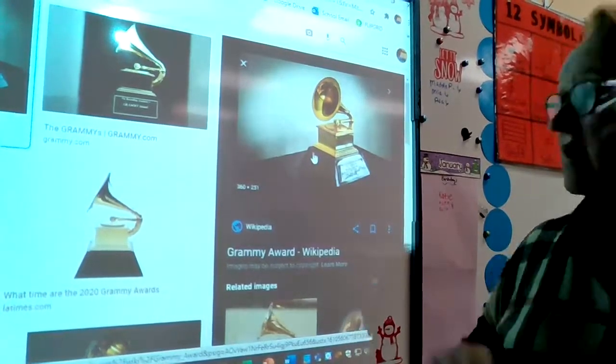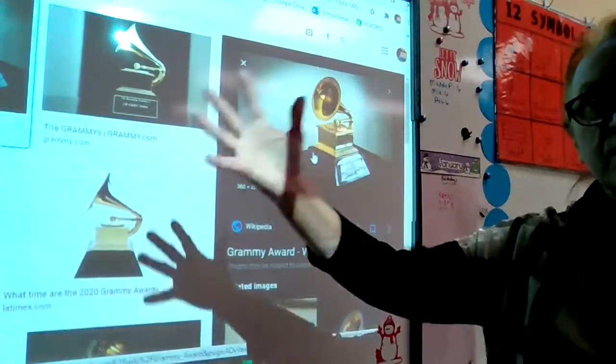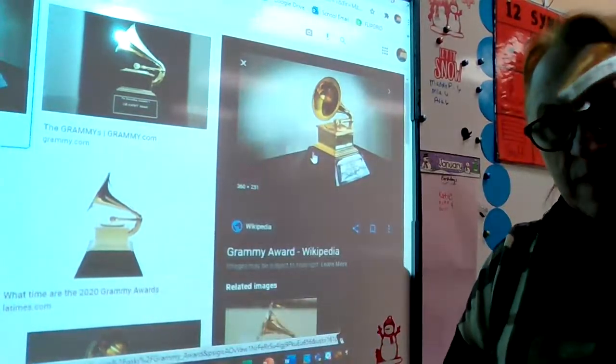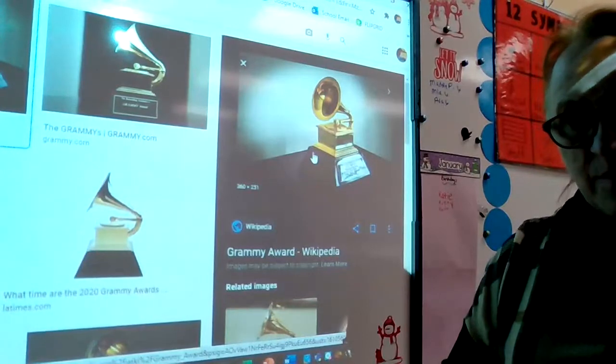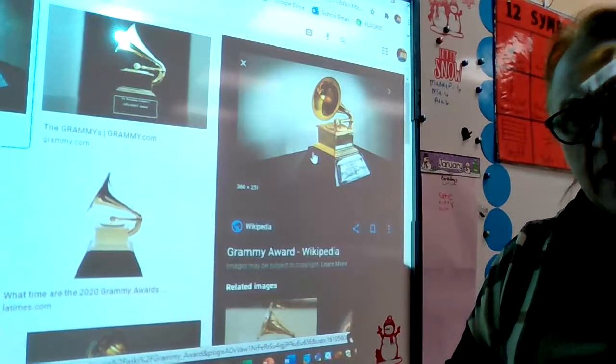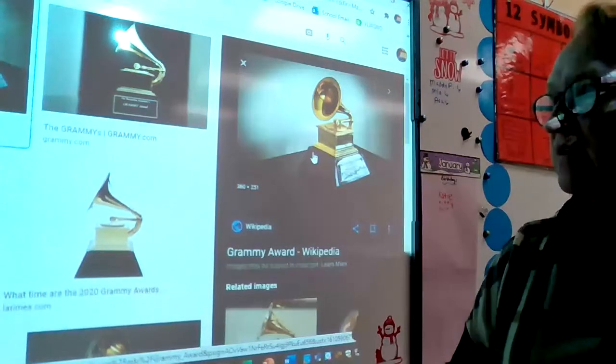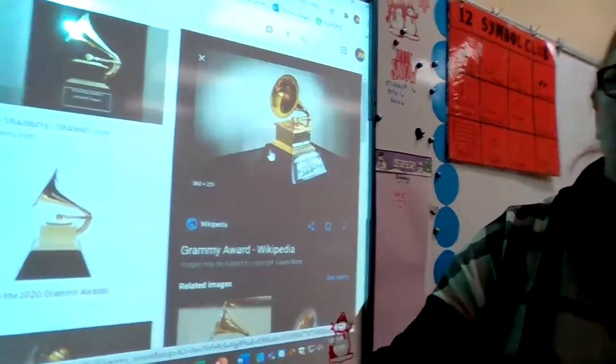And so if the sound is coming out of this great big bell, then it fills the room. If you didn't have that great big bell on top of it, then you wouldn't be able to hear it very well. So the purpose of that great big bell is to give it volume and to spread the sound around. Just like instruments, not different than a tuba or a trombone or a French horn or a trumpet. That's the same logic behind those.